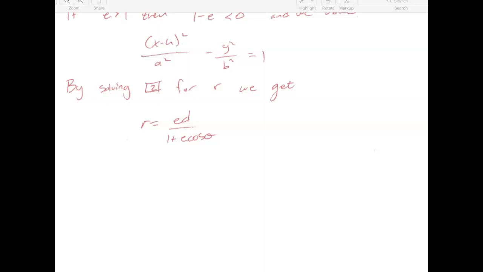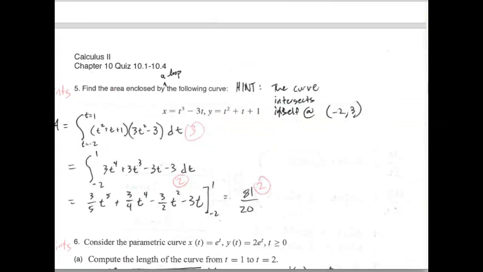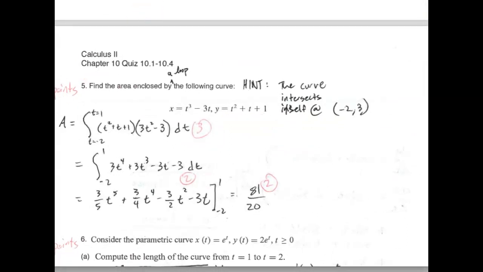Oh, I think you had the wrong bounds. I think it should be -2 to 1 here. Oh, okay. Did I put a hint on there that it intersects itself at negative 2, 3? That's what I was thinking just now, but what we did with that is we talked about